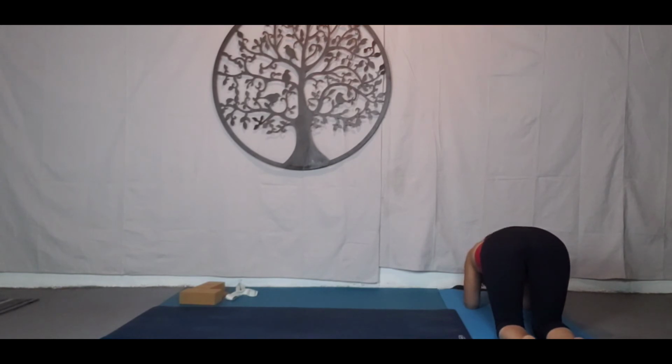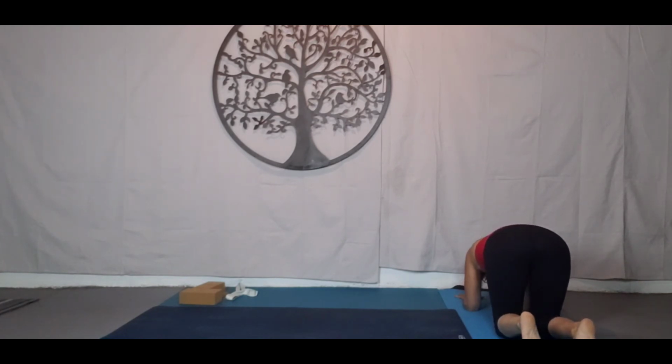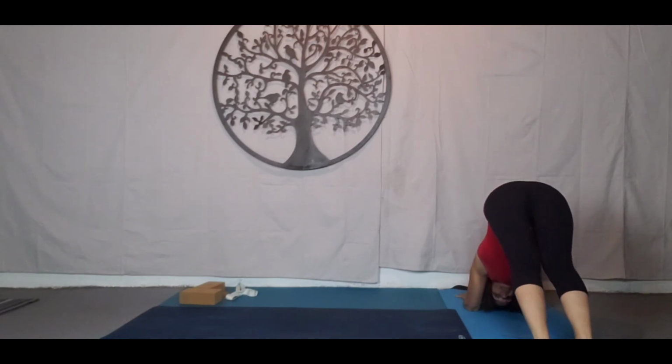Now a really good starter pose to again build strength, ready for that lift. So bringing your hands, I'm probably about 6 to 8 inches away from the wall. So we're going to curl under the toes, going to lift up again. So if you're coming into dolphin, now if you're not in the elbow or arm balances yet, maybe just walk